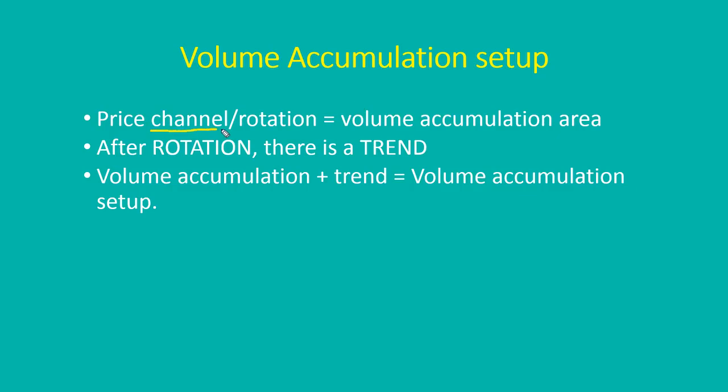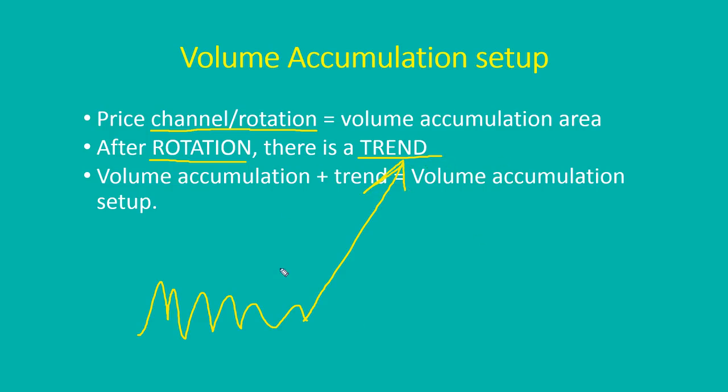in price channel or in a rotation, as I said before when I was talking about the price action. So when there is a price channel or rotation, volumes are being accumulated. Big banks or big financial institutions are accumulating their positions in rotation. And after rotation, there's a trend. This is quite usual behavior. First, there is rotation where volumes are accumulated, and then there is a trend where the big institutions are actually